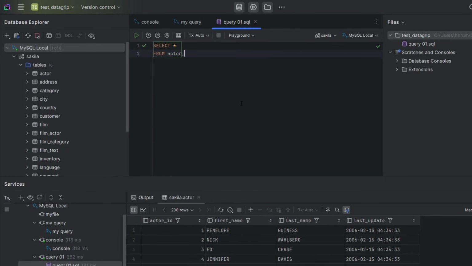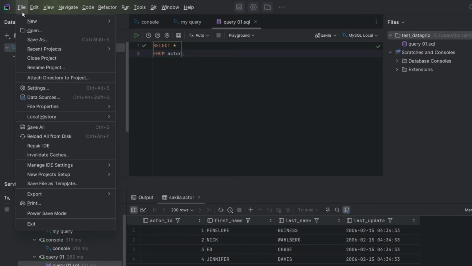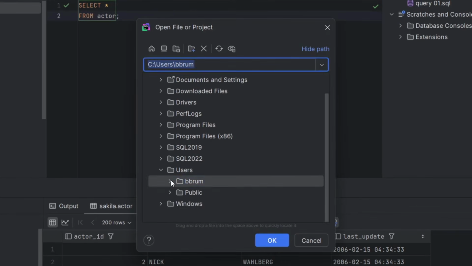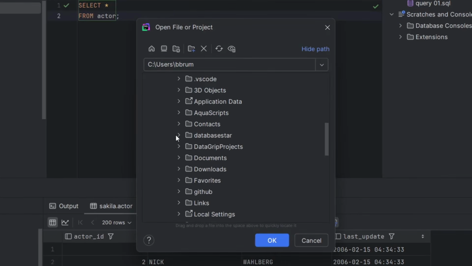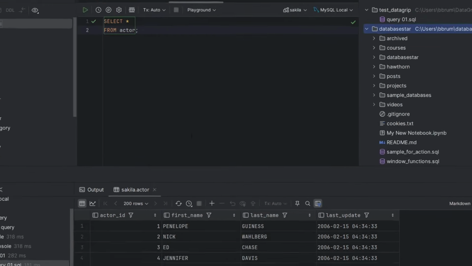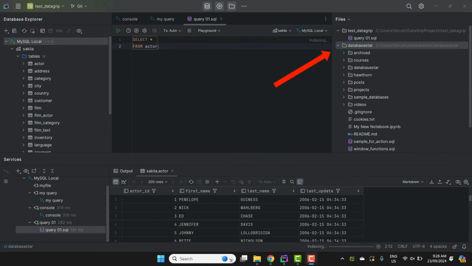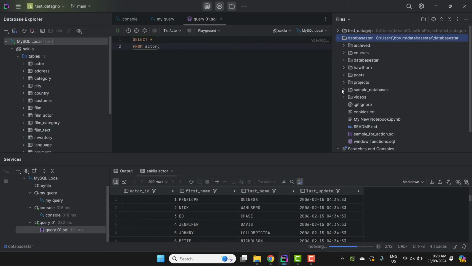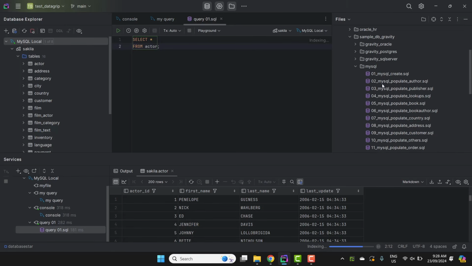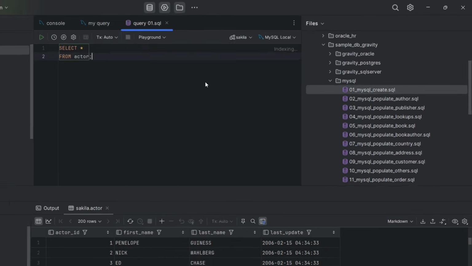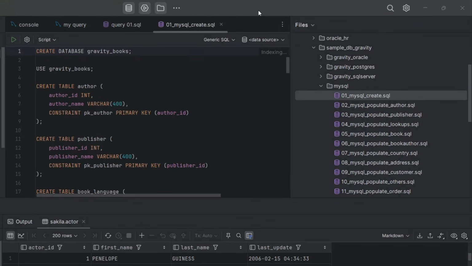Let's open a location that I have in version control with some SQL files. I'll open my database star repository folder. To do this, go to the menu and select Open. I'll browse to my database star repository folder here and click Open. The folder is now opened and appears in the file list on the right of the screen. I can see all of the files in the folder here. I can open a file by double-clicking on it or dragging it to the main area. I can work with the files and save them and they will be updated.